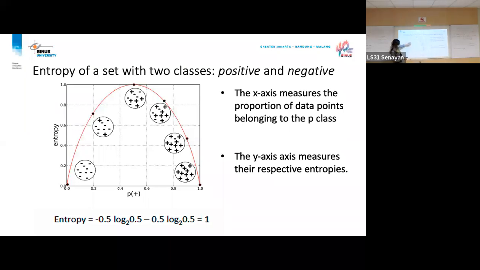So the data looks like this, or this. That means the entropy is lower. If all the students in this class are men, then the entropy will be 0. So entropy is the measurement of how pure the data is in a column.